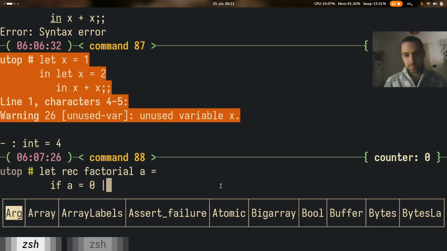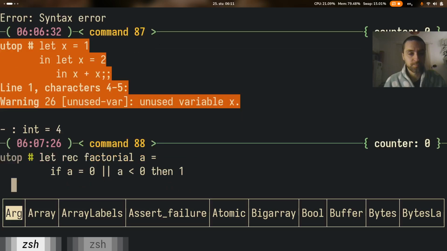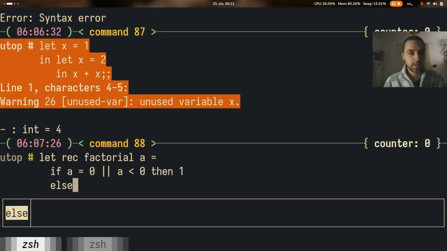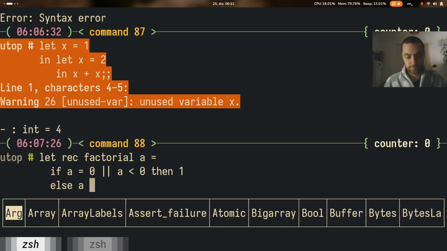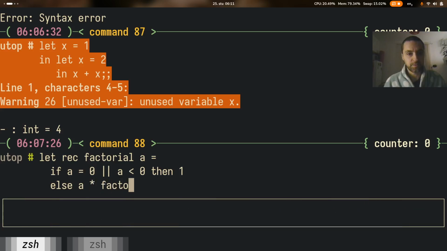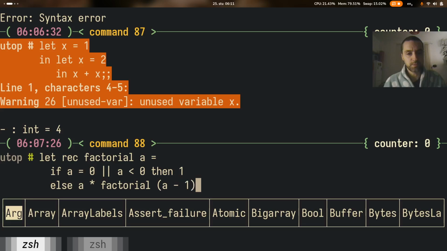If a is 0, or if a is less than 0, then 1, then just 1, else a times factorial a minus 1,